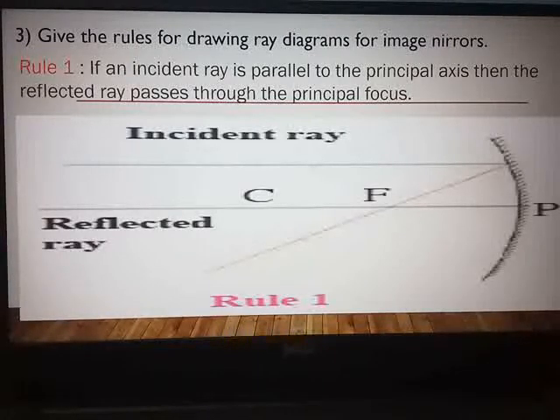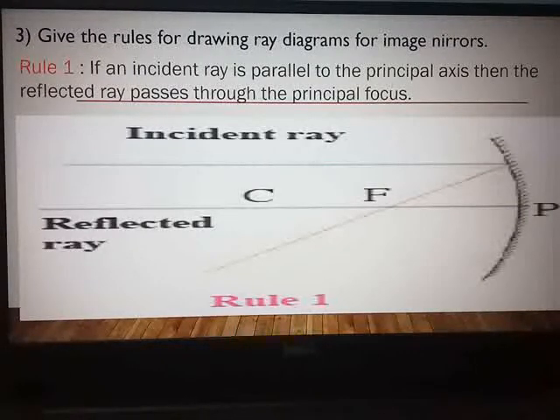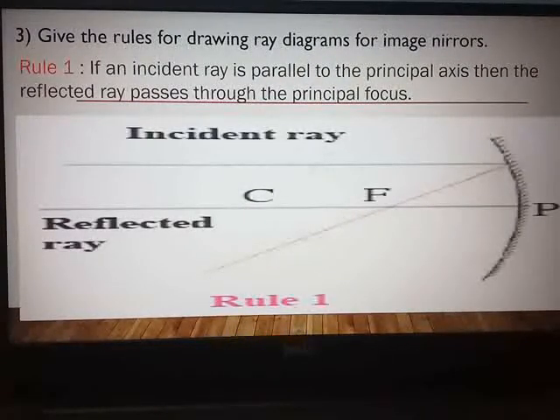You can see on page number 120, rule number 1, rule number 2 and rule number 3 are given. So along with that rule, you have to draw that particular diagram. Now which diagram? See, right below the rules on page number 120, you have the diagram. Rule number 1, they have given the diagram. Rule number 2, they have given diagram. Rule number 3 also, they have given the diagram. So very important that along with the rule, you have to draw that particular diagram. Everything is given clearly in the textbook. So you just have to copy it down in your notebook.